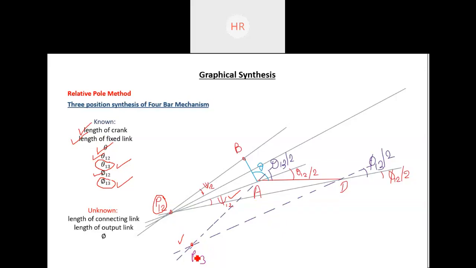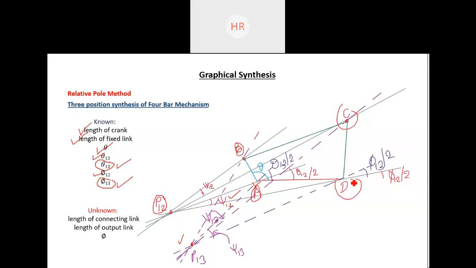So now the same procedure as followed previously. Again, measure the angle between these two lines, zeta 13, and draw a line passing through point B and P13, and from that line at an angle of zeta 13 draw another line. So now you can see this dashed line and this line are intersecting at some point. Okay, that point is known as point C. Okay, so now we have 4 points A, B, C and D. So simply connect these points, so that will complete our mechanism.